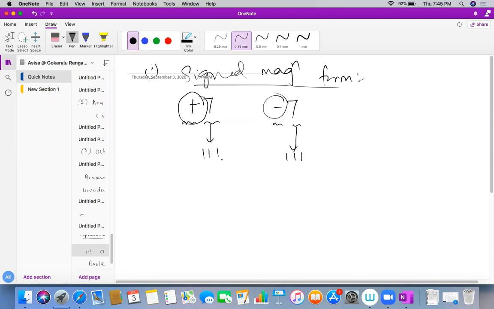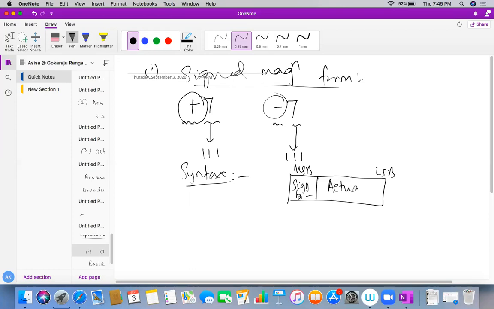The syntax is: the most significant bit is the sign bit, and the remaining bits are the actual binary. We know the actual binary of 7, so no worry about it; we just need to see the sign bit.